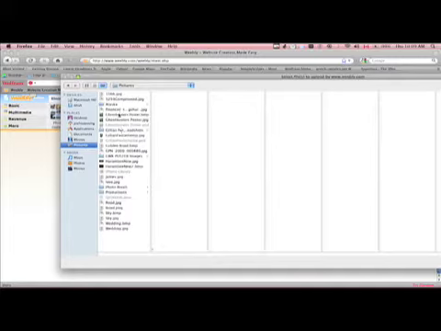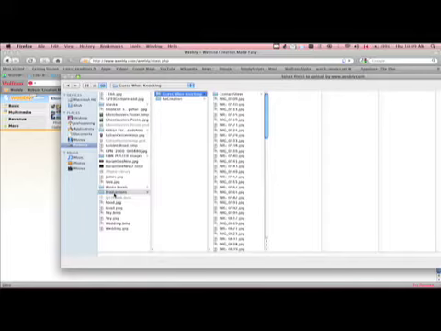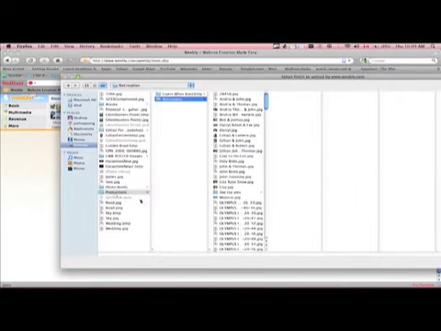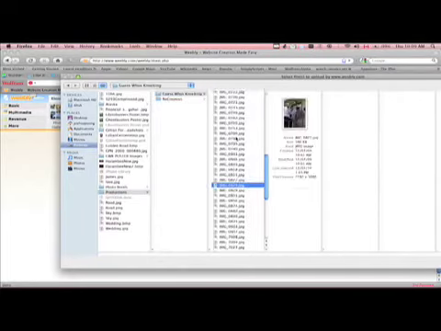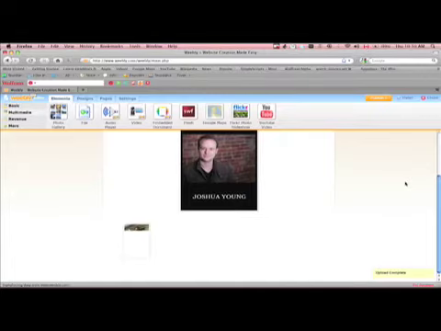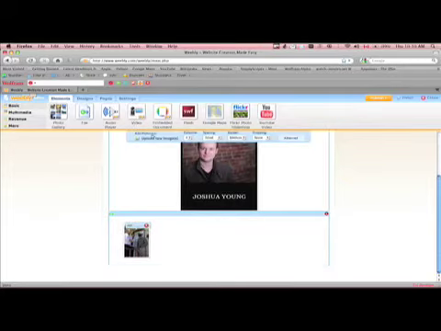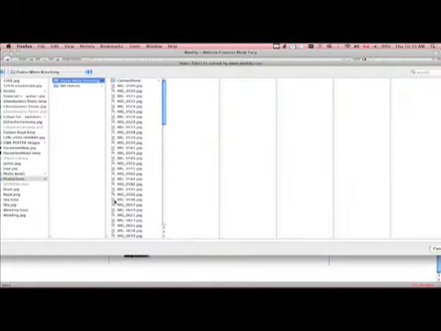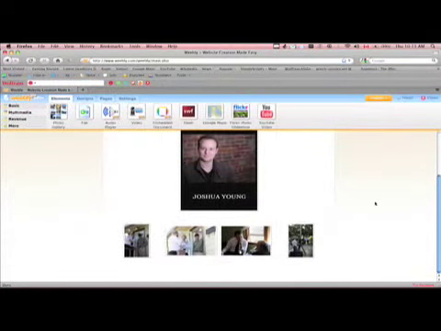And I just click in that empty area again, and I'm going to look for photos that I want to put there. And for your actor's first page on your website, you do want varying different photos to show you on set, show you interacting with possibly famous actors, show different characters that you've been cast for, which really helps. For the sake of this demonstration, I'm just going to simply load up 4 photos from a really great, hilarious, comedic short film called Guess Who's Knocking, which stars John Dunsworth, Brian McQuarrie, and myself. So it's a little bit of a shameless plug right there. There we go. So now we've got a headshot, we've got some production photos, and that's a pretty good